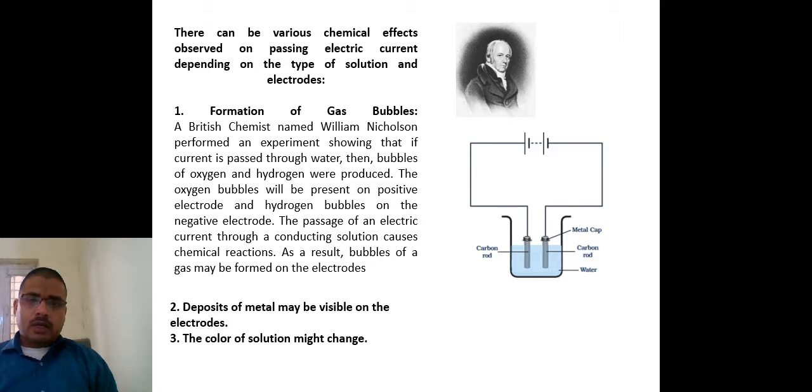I'm here again to continue with the previous topic which we are discussing. Basically, we are talking about the chemical effect of the electric current, and we have talked about the different effects of the electric current. That is the lighting effect of electric current. We have talked about the heating effect of electric current, as well as some magnetic effect